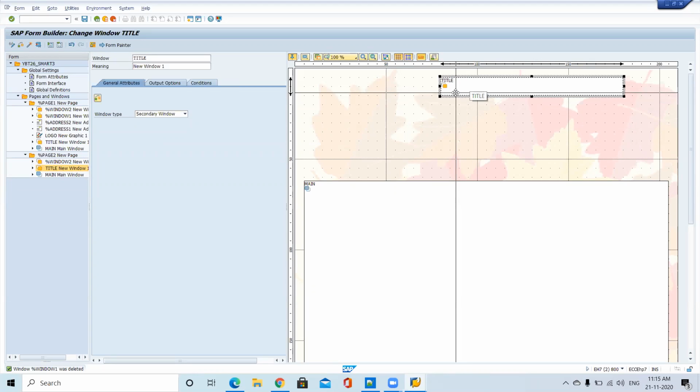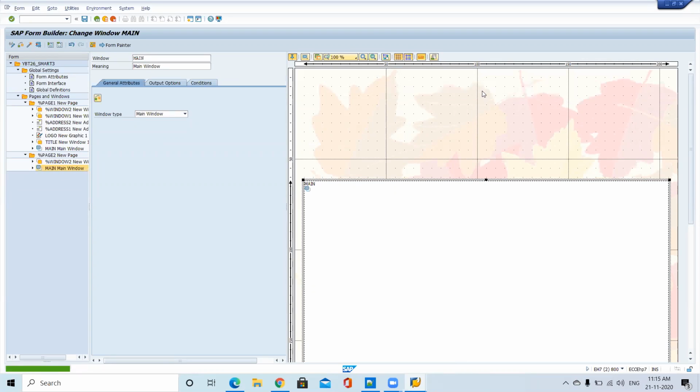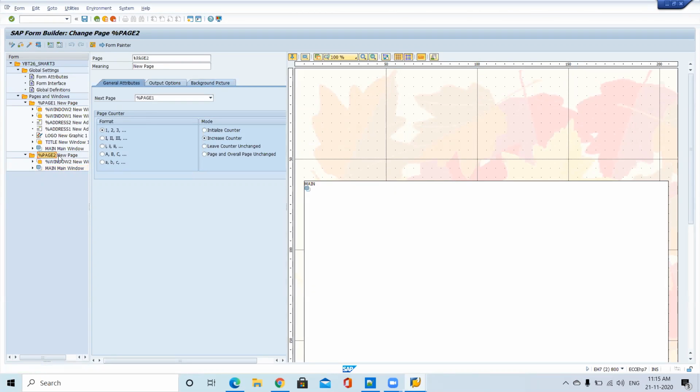So in the second page, we deleted the unnecessary windows except this title. The title I just want to use as it is. Or if you don't want this title also, you can delete the title. Just activate. So here in page 2, what is the continuation for page 2? You have to change it to page 2. So once you reach the page, the first page format is unique. From the second page onwards, you want to use page 2 only. So the continuation for page 2 is page 2 format only. Just activate.